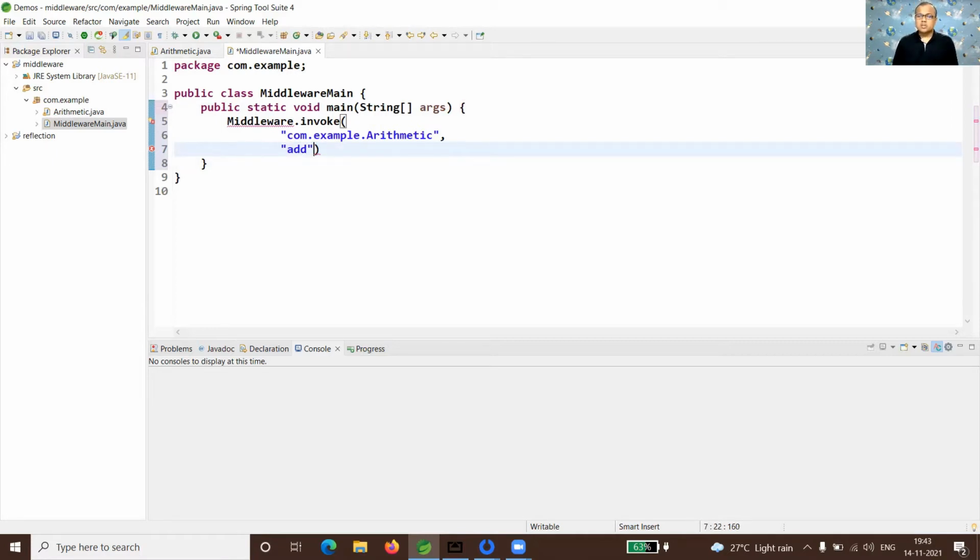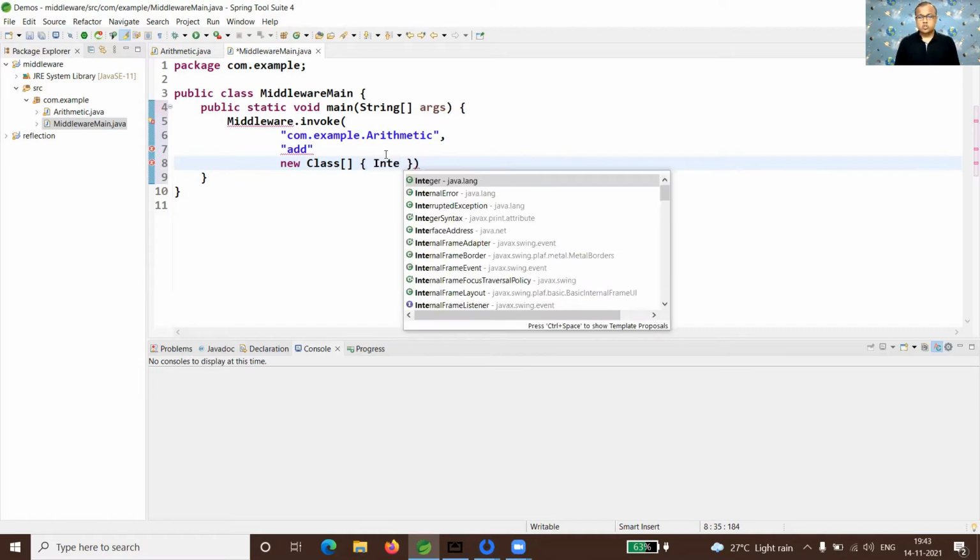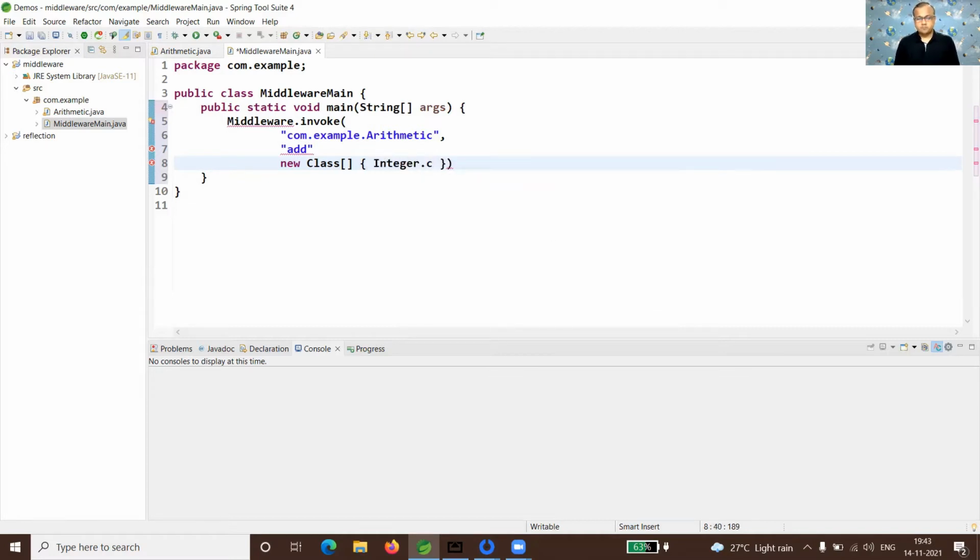So let me give the argument types in terms of a Class array. Right now, the add method has two arguments and both are of integer type. So I'm creating an array and passing Integer.class, argument 1 type and argument 2 type.